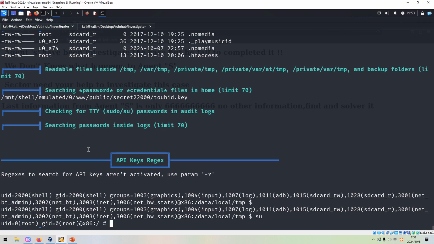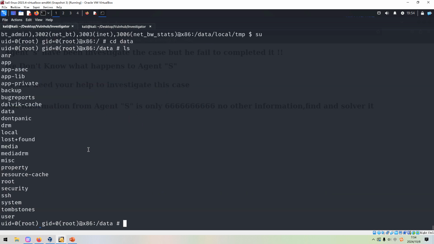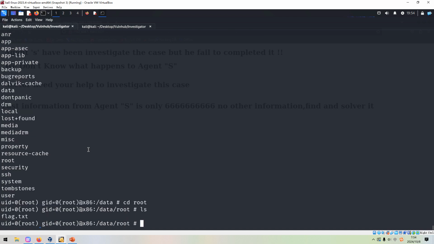Okay, for example, now I just run the su command, and we have already become the root user. Now we need to do some more local enumeration. For example, we can go to data, which is where the application data would be located. Now we can go to root, and then we can get the flag.